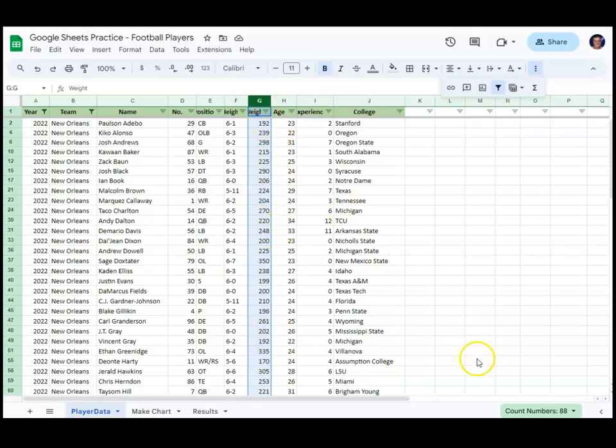And notice down here, it's going to put some kind of data. Right now it's showing the count of numbers. Now that means that there are 88 numbers in my selection. Okay, this count of 89 means there are 89 entries here, but that's including the text up here in row 1. But notice the average is